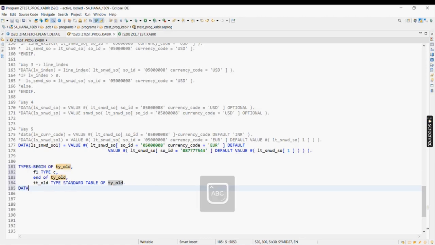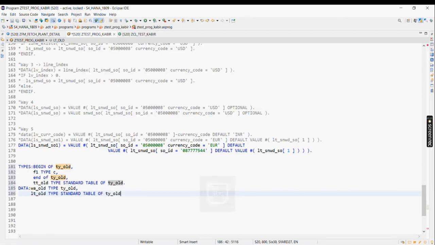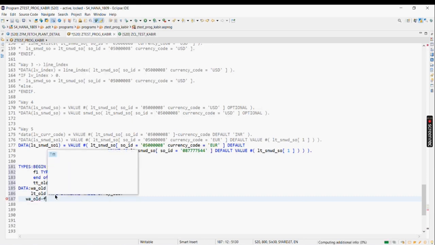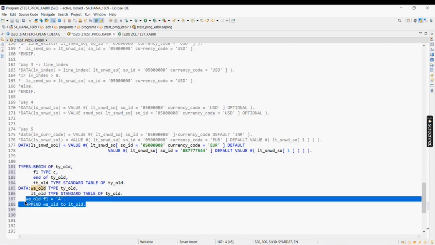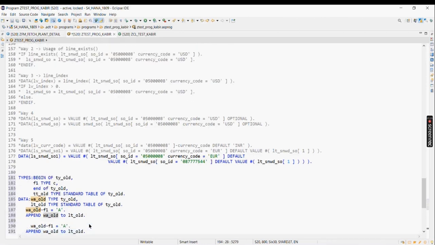So what we used to do, suppose data w_old type ty_old, and lt_old type standard table of ty_old. Now if I want to pass a value to this component F1, I'll pass a value, suppose A, and then append w_old to lt_old. So now suppose I want to pass two more values,